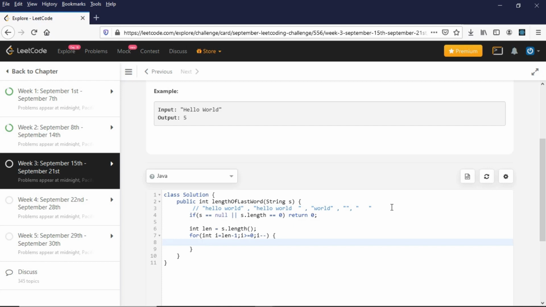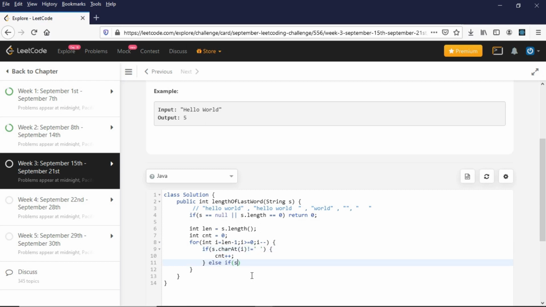Okay, and in this I'll just check if s.charAt(i) should not be equal to a space, right? And let me declare a count variable here, int count equal to 0. So if s.charAt(i) is not a space, then I need to increase my count variable, right? Else